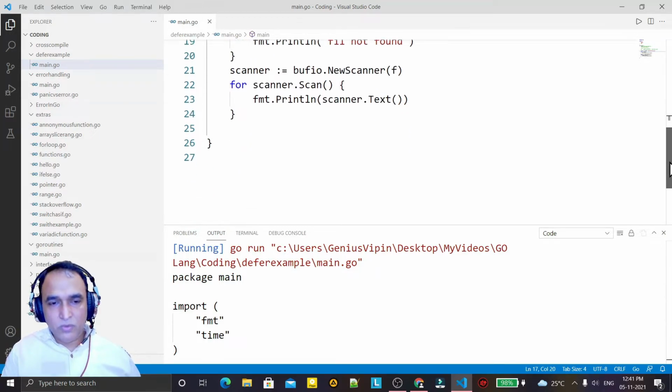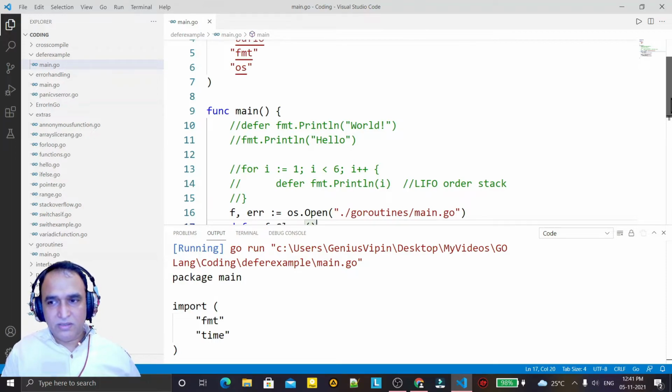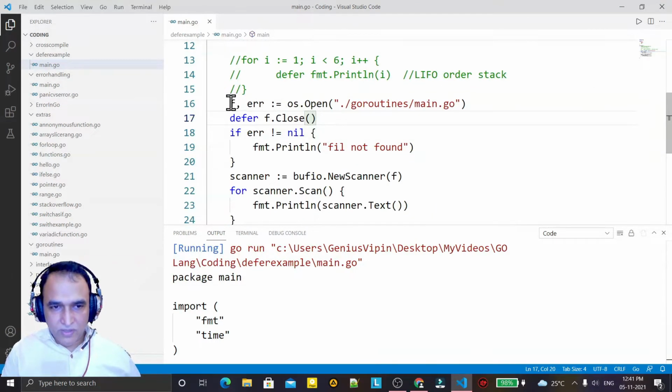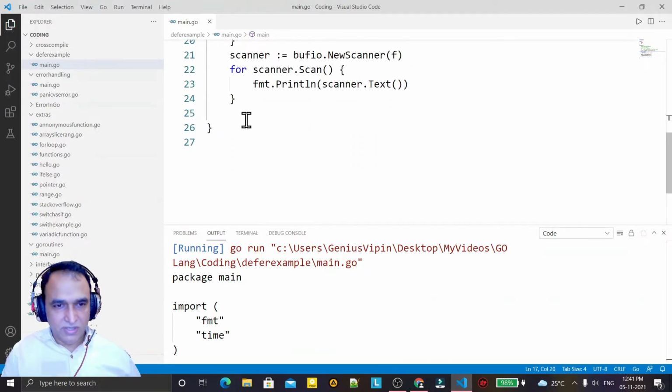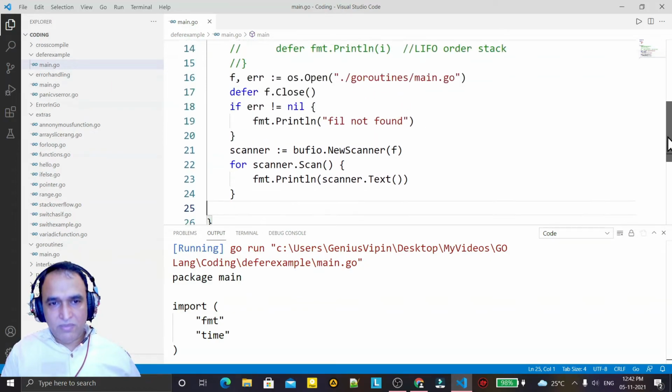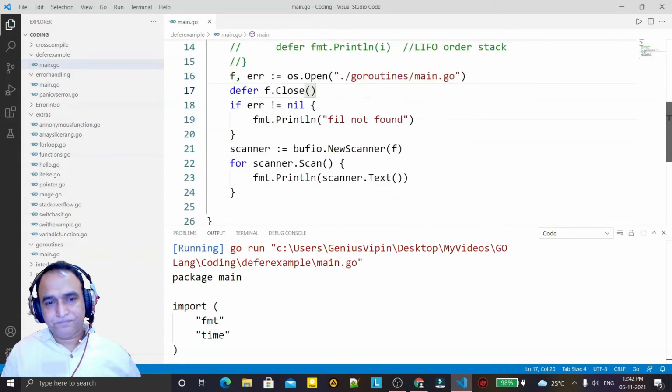That is one more example of defer that helps the programmer. If I forget and I have a lot of code to write in the function, at the end I have to close, but I might not remember whether I opened a file or not. So whenever I write my file opening statement, I close it right there with defer, and it will guarantee that it will execute at the last line of the function.